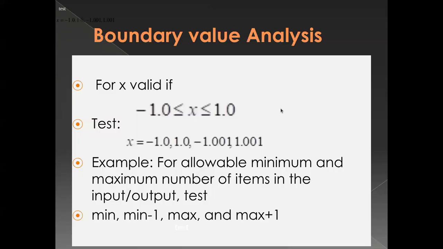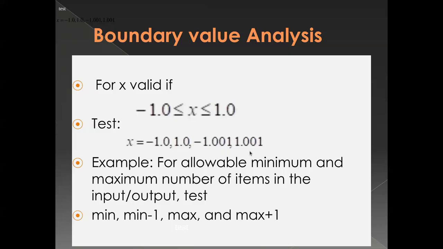When black box testing, they give some values. This slide indicates what values we actually have to enter. If x is valid from -1 to +1, we have to give inputs like this: -1, +1,